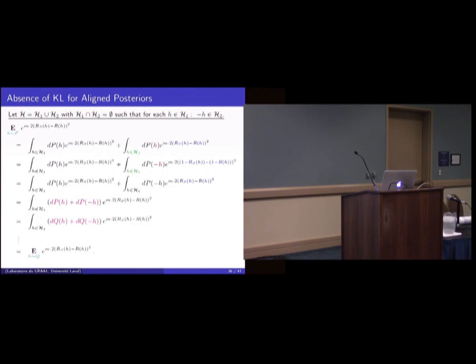Okay, and then what you do is the following. You realize that if you change h by minus h everywhere, then your integral is on this h1. But what happens to the risk? The risk of minus h is 1 minus the risk of h, and it's exactly the same for the true risk. So the 1 minus 1 simplifies, and you have true risk minus empirical risk. But since you have a square, you can change the sign. Okay? Yes? Why is that?